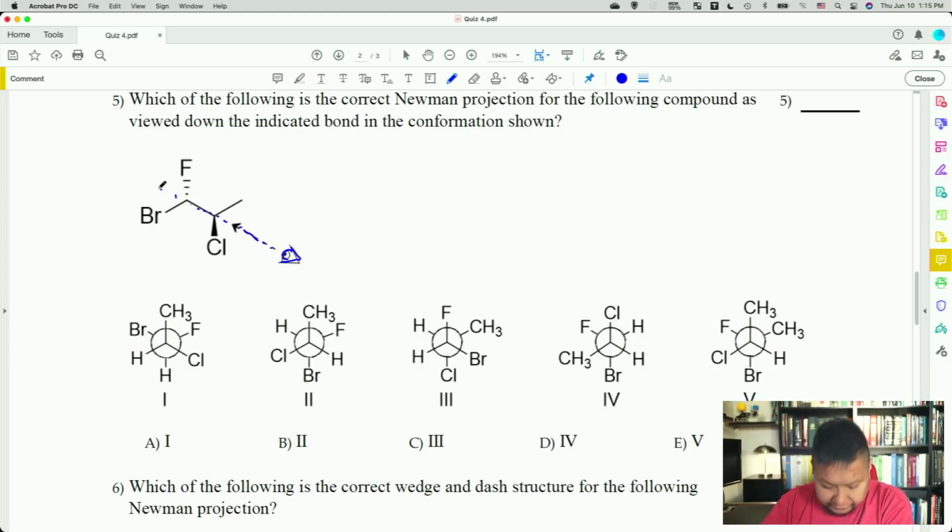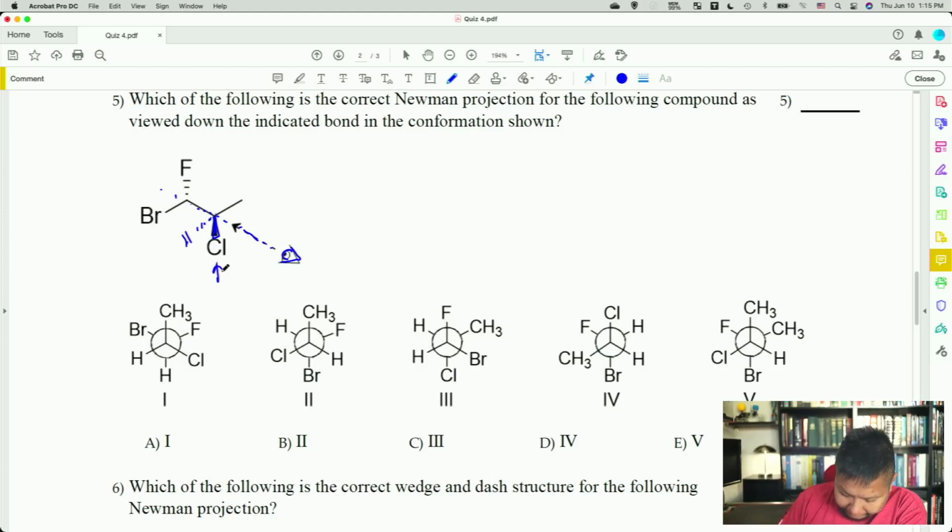Since this chlorine is solid wedged, it means it's coming out of the paper, so as you're looking at it, it's going to be on the left side. And that means on the other side, with the dashed line, even though it's not there, is a proton. So just from that alone, knowing that the chlorine has to be on the left side,